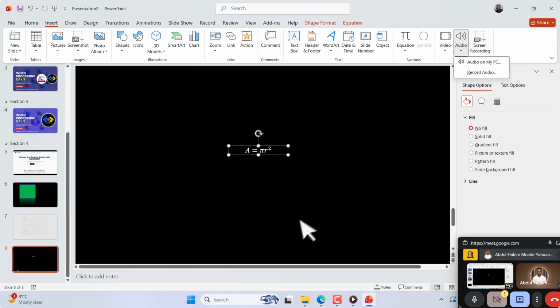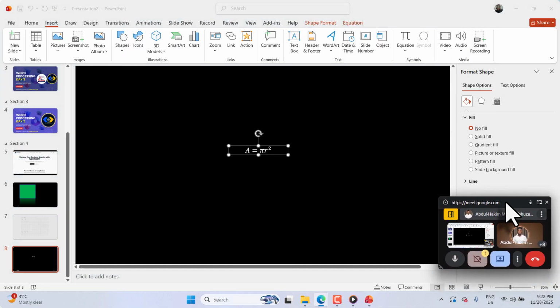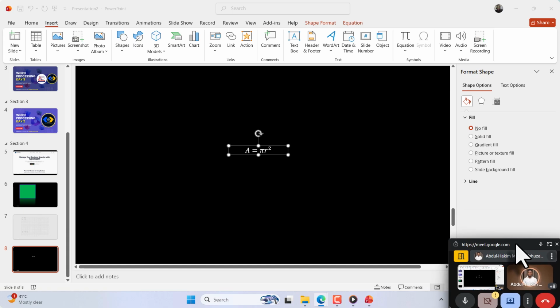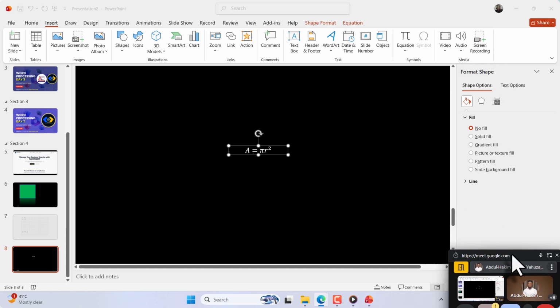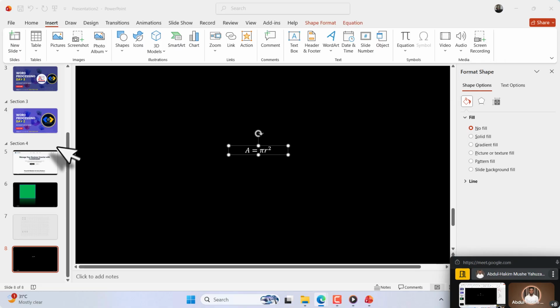Okay. Now, one thing that you should know is that Google Meet allows you to screen share, like what I'm doing right now. You can actually do the same thing in PowerPoint by using the screen recorder. You can record this and then embed it inside your PowerPoint presentation. So let's say that you want to record yourself doing something on the computer. You want to bring it inside your PowerPoint. You just go and click on screen recording,